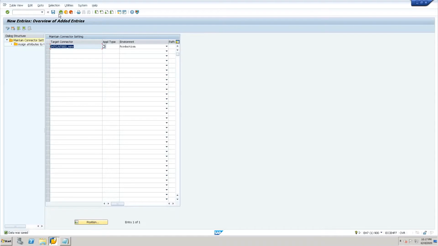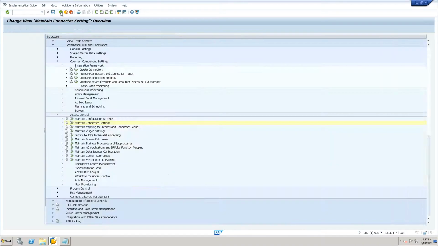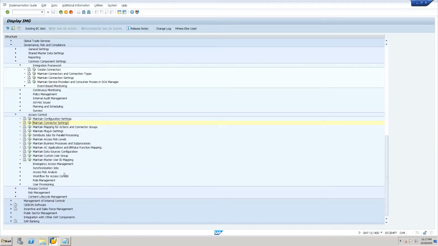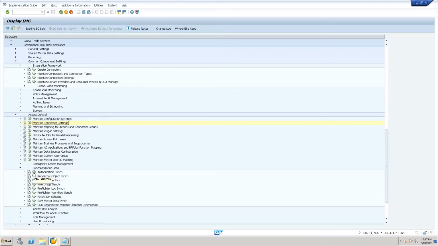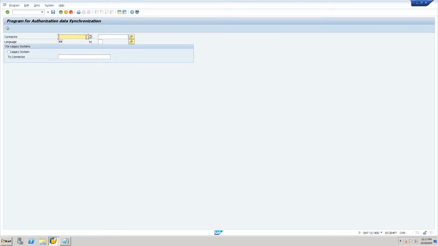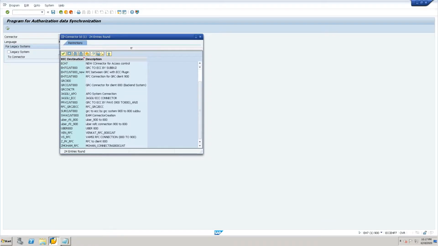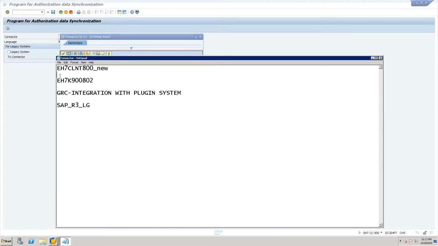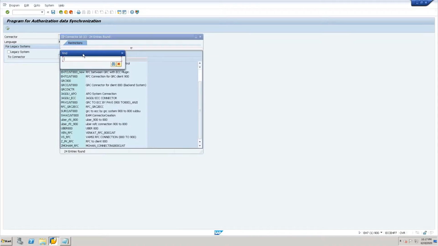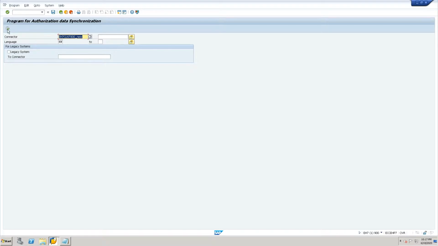Now make sure you go to the sync jobs. You can see we have many synchronization jobs. Let us select authorization sync. So you need to find that new system. We have many systems, so after addition of your new system, make sure you check whether it is available over here or not. If it is available, then you are done. So this system is available right now, so you can just do this sync job.